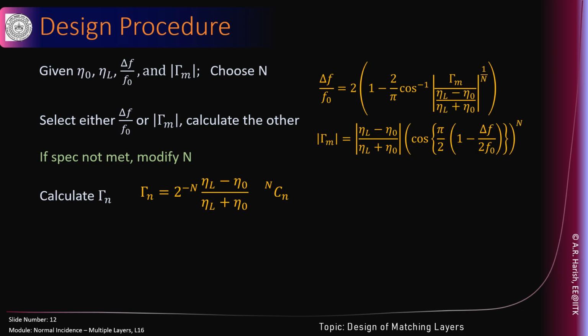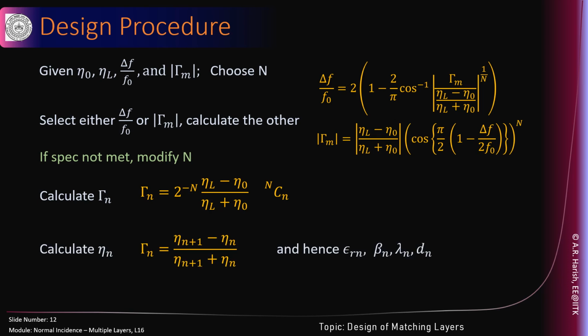Once it is met, you can calculate gamma n using that result, which is coming from one of the previous slides, and you calculate eta n, and hence you can calculate epsilon rn, beta n, lambda n, dn, everything is specified, and you calculate the value of gamma in, the total internal input reflection coefficient. That completes the design. That is, given the two intrinsic impedances of the medium and the incident medium, given the value of maximum acceptable reflection coefficient gamma m over a fractional bandwidth of delta f by f naught,